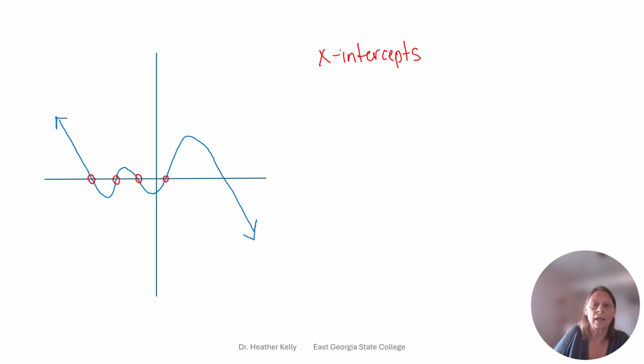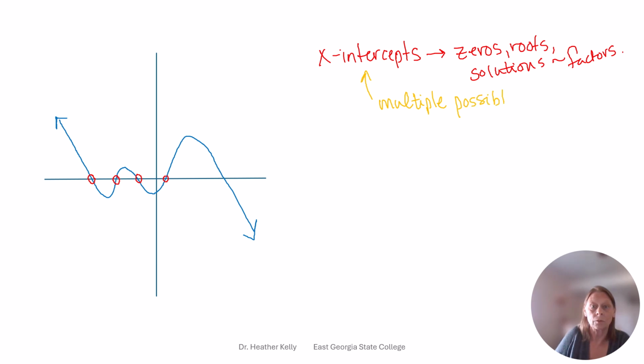We talked last class that x-intercepts have other names. They could be called the zeros, the roots, the solutions, and also loosely the factors. I also want to point out that there can be multiple. In fact, the number of x-intercepts directly corresponds with the highest power, the leading power of the